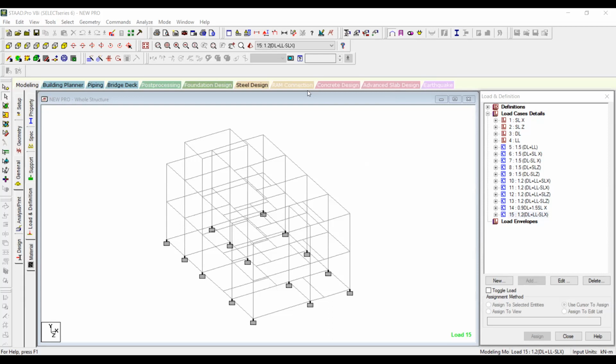We directly went for G+6, and slab design also we did. In Staad Pro you have done the slab design? We only took the elements, but the design process we can't execute. I did not know about that. Okay, fine.